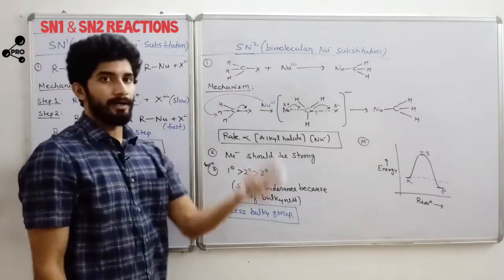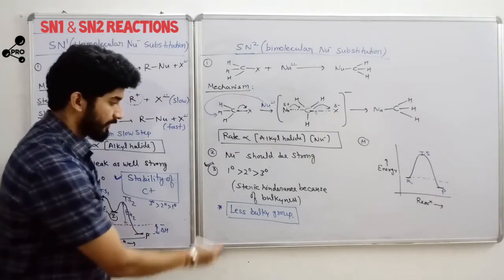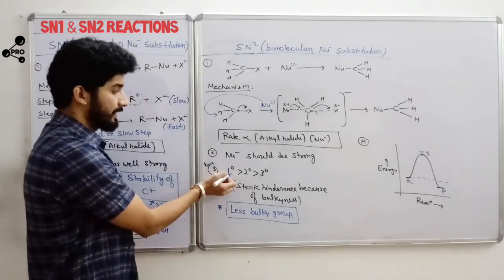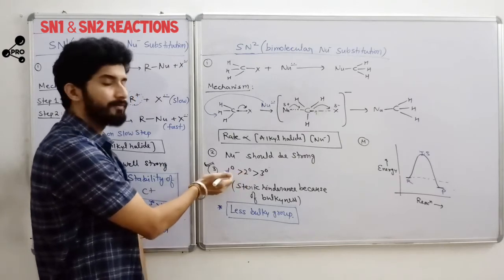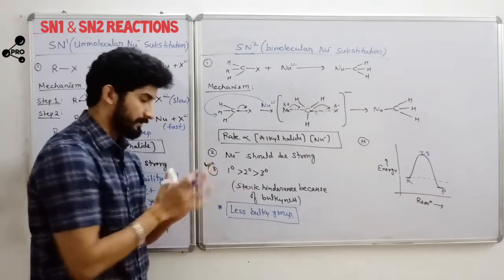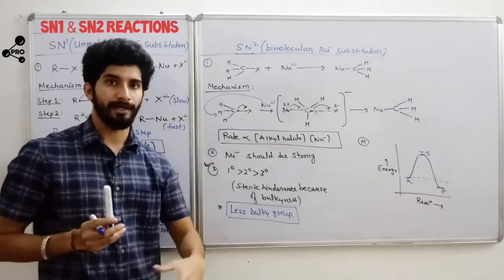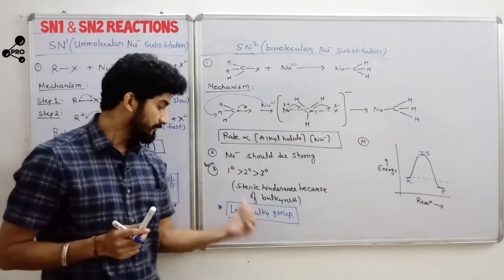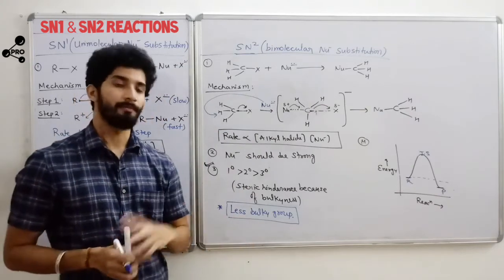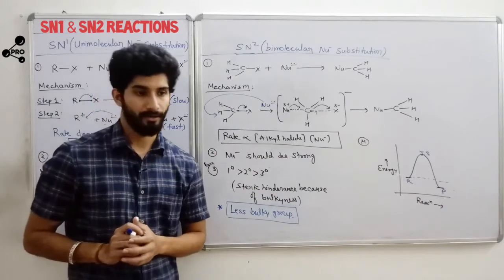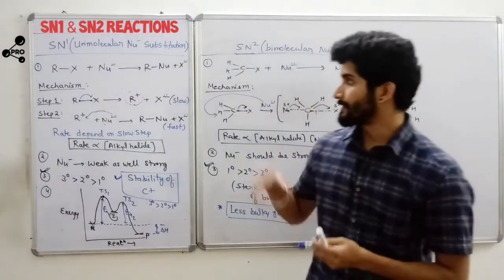When we talk about the SN2 mechanism, we have to see the less bulky groups. First of all, we will see whether it is 1, 2, 3 degree. If we are getting 1 degree, then definitely 1 degree is more reactive. But suppose we are getting 1 degree and 1 degree, both options are the same, so we will see the less bulky group. The lesser the bulky group, the greater the reactivity. Alright, so these are the basic concepts of SN1 and SN2 mechanism.